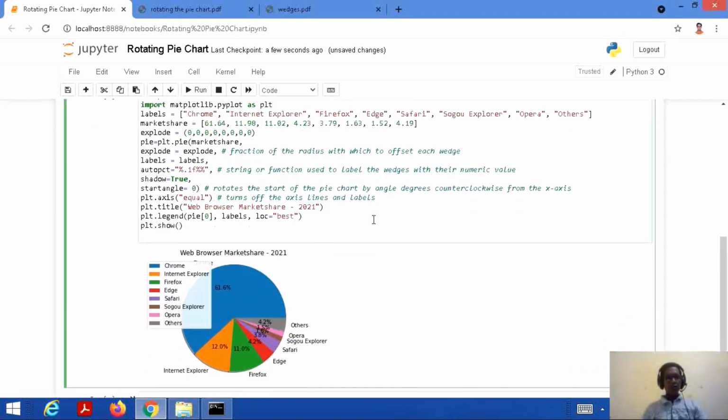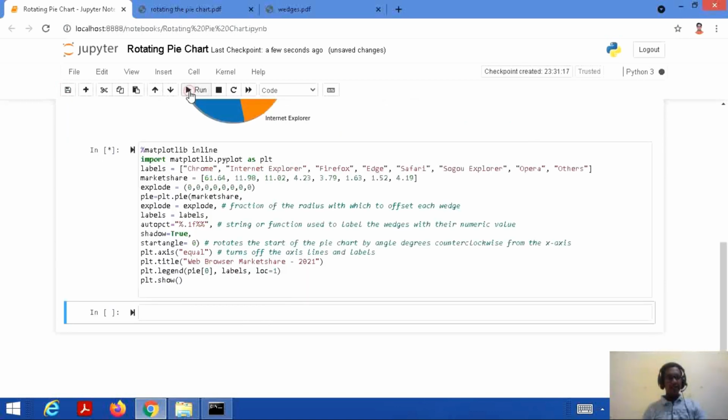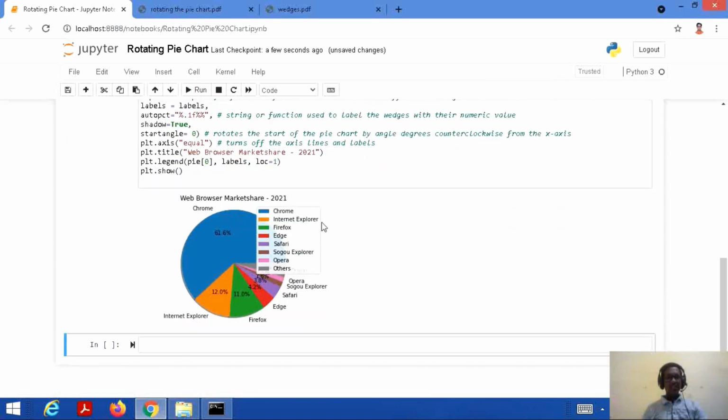Now if we want to change the location of these labels, okay, that means I want to show these on the right hand side. So what should I do here is, I just give a numerical value. For example, I just give it here 1. Okay, so let's save it again and run. Now we can see that all the labels have been displayed on the right hand side. So here we can define the location in a numerical format also and a string format also.